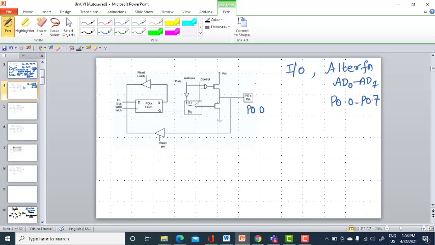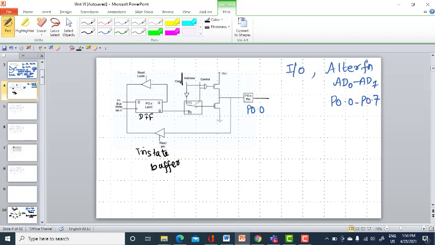The internal structure of this particular pin has a D latch and two tri-state buffers. This is a D flip flop, and this is a tri-state buffer. And you have an address; either this will act as an alternate function, either it will act as the lower order address bus or the data bus. In that case, you need to generate a control signal here at the output of the port P0.